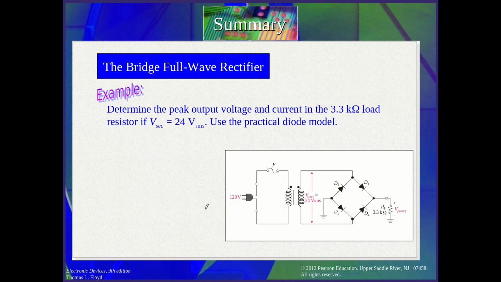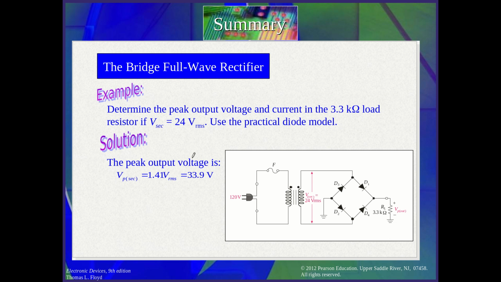Now let's see an example of the equation. Determine the peak output voltage and the current in the load. Here the load is 3.3 kilo ohm, and this is the V secondary, the V secondary RMS. It's equal to 24. So use the practical diode model. So the peak voltage